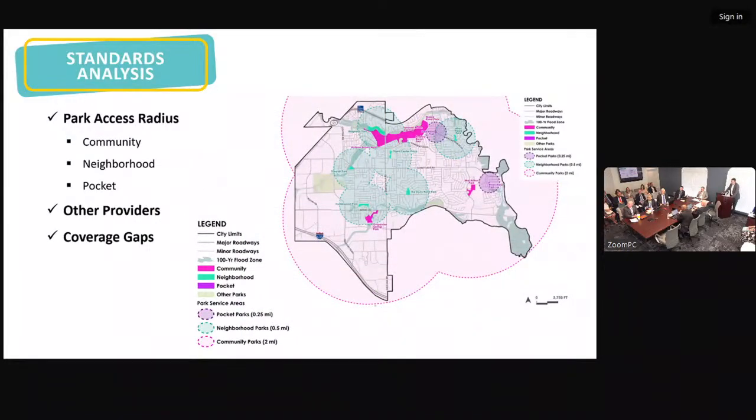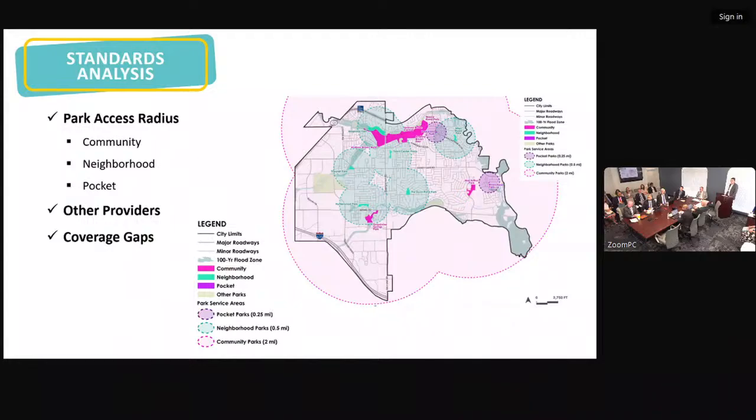Standard analysis is also in detail of some recommendations from the National Parks and Rec Association, but that's just kind of a starting point. We also look at a 10-minute walk analysis and where each park is located within the city itself. We use different software such as GIS to identify some opportunities or constraints of park location. And so within the report, you'll see an analysis of that park access